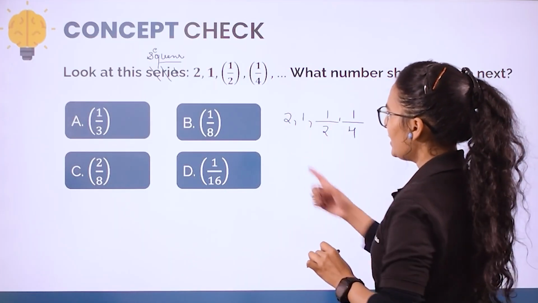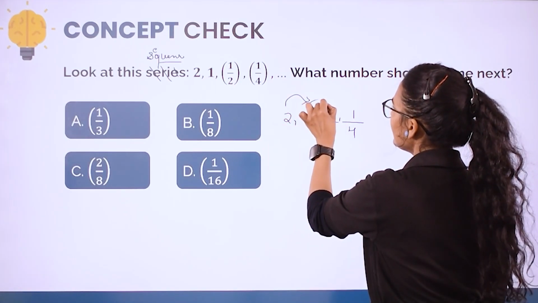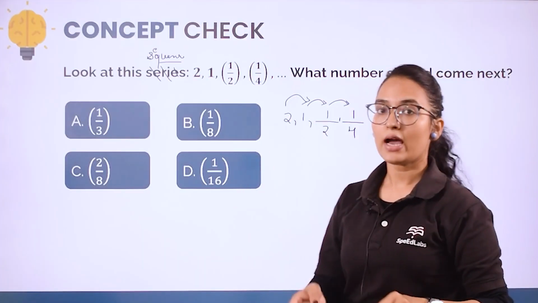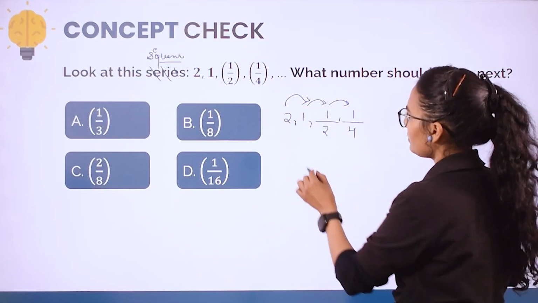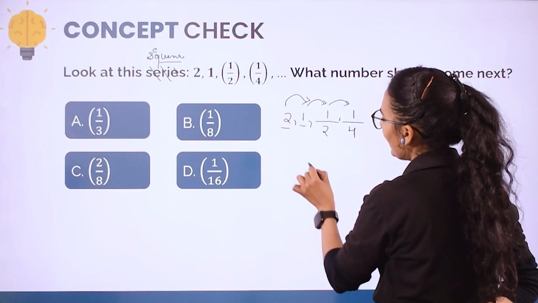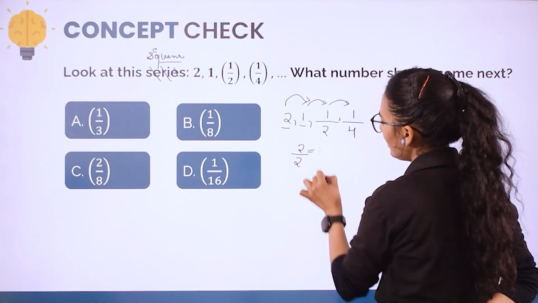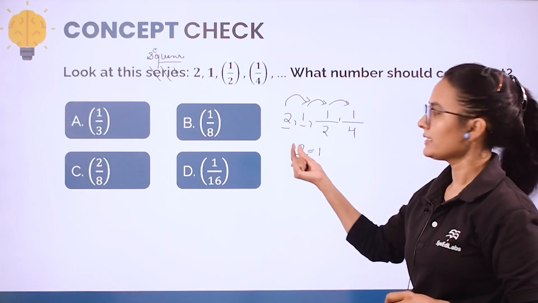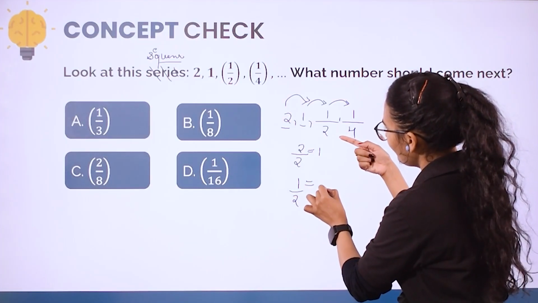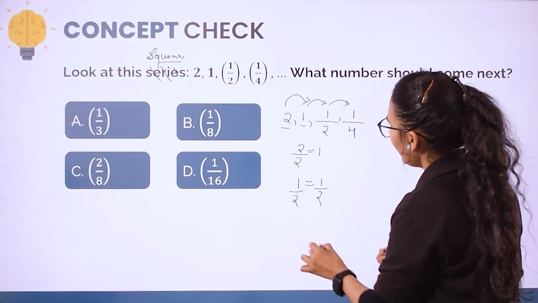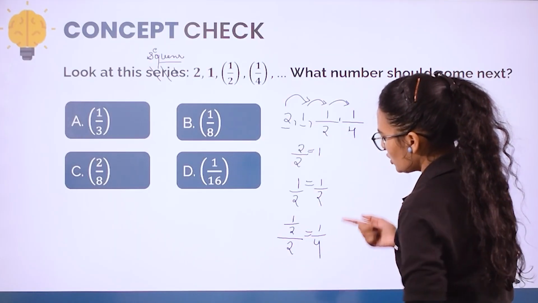So what can I see here? First term was 2, next term is decreasing. So this is a decreasing sequence first of all. Decreasing means we are dividing by some number or subtracting. So look at this here. 2 divided by 2, first term divided by 2. Am I getting the next term? 1? Definitely yes. Then next term divided by 2. Am I getting the third term? Definitely yes. Then again, this term divided by 2. Am I getting the next term? Yes. So what is the rule here?